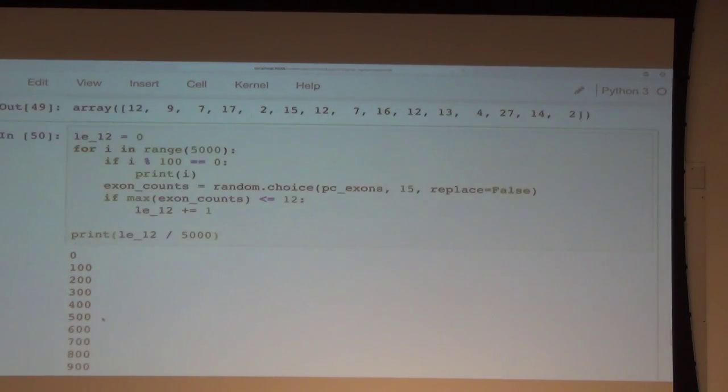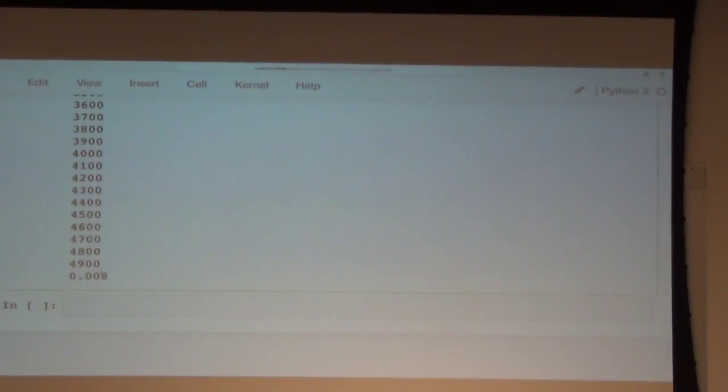Less than 1% of the time. Less than 1% of the time does a random collection of 15 genes have 12 or fewer exons. So that tells me that this protein is actually really interesting. It's got some kind